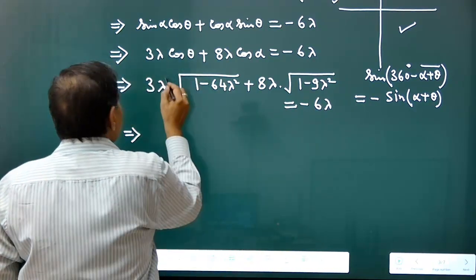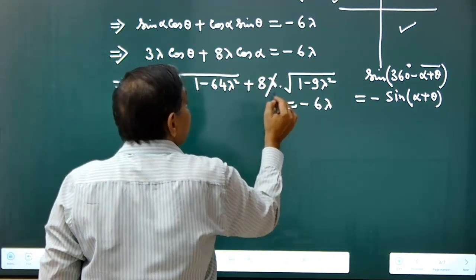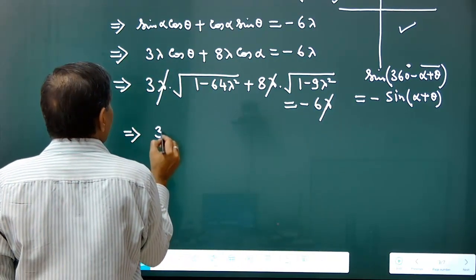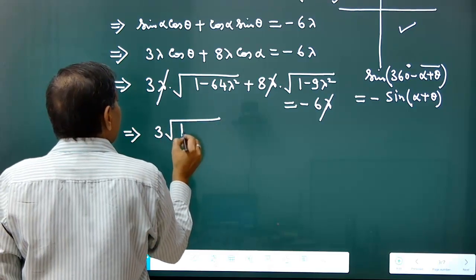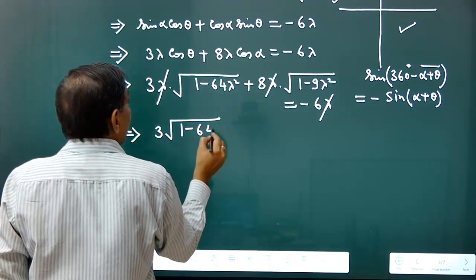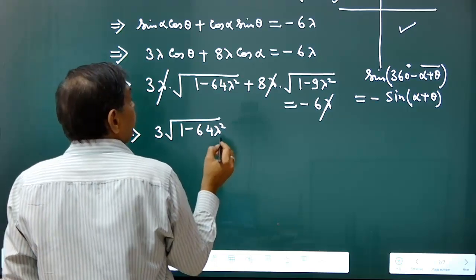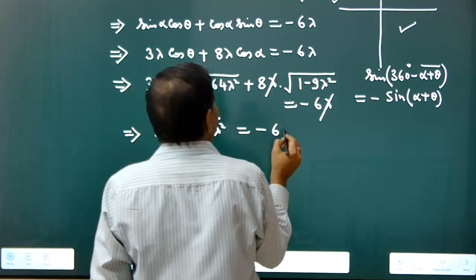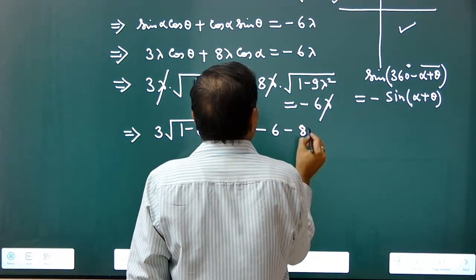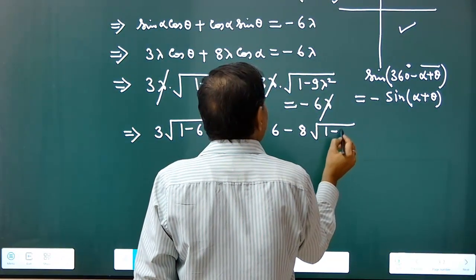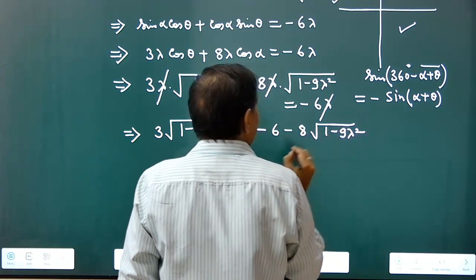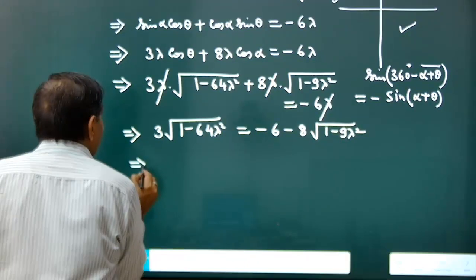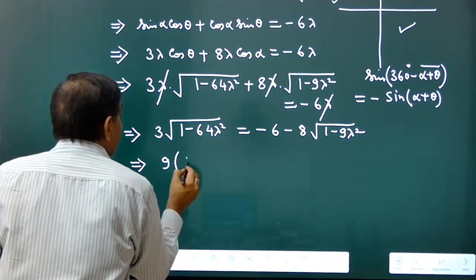So lambda I cancel at this step only, means 3 into under root of 1 minus 64 lambda square is equal to minus 6 minus 8 under root of 1 minus 9 lambda square. Squaring both the sides, so 9 into (1 minus 64